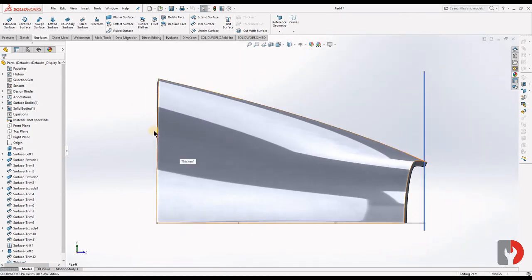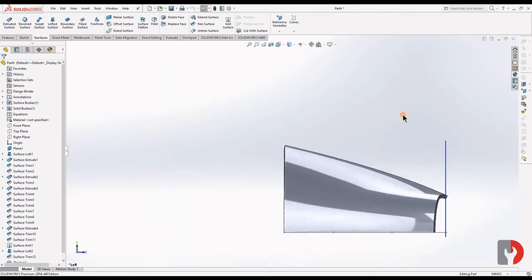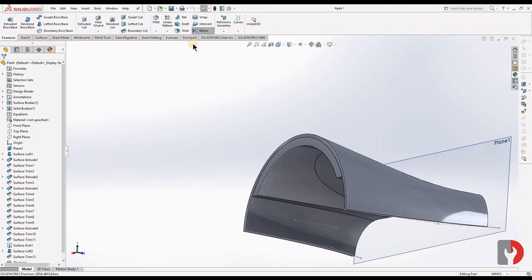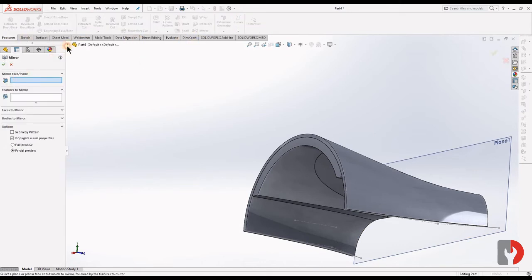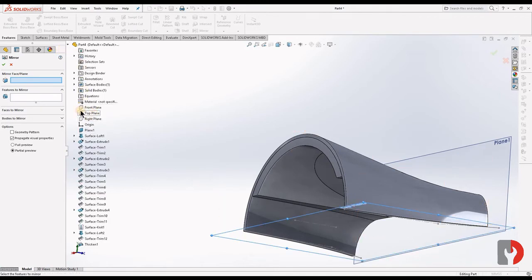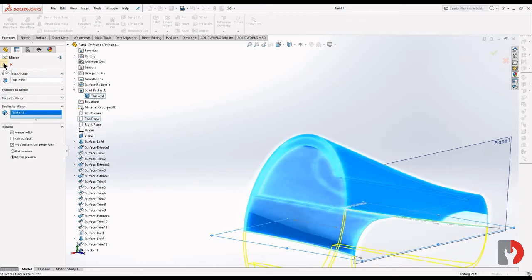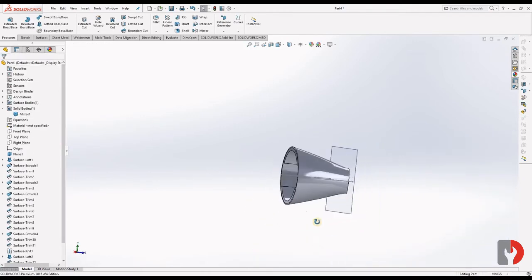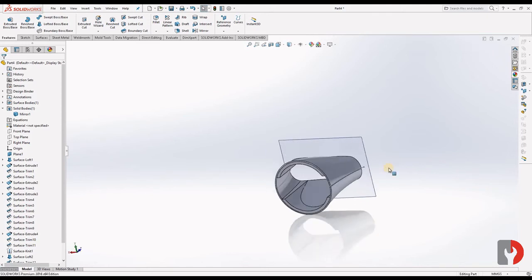Okay, now I'll choose top plane. For mirror, features, mirror, choose top plane. Okay, bodies to mirror. Okay, we have created a part.